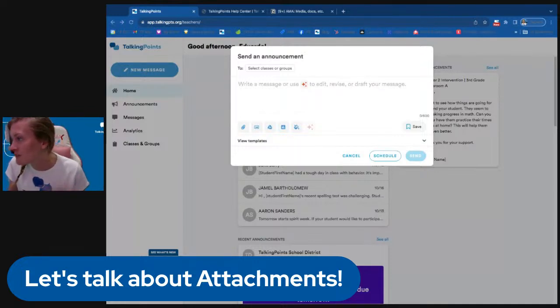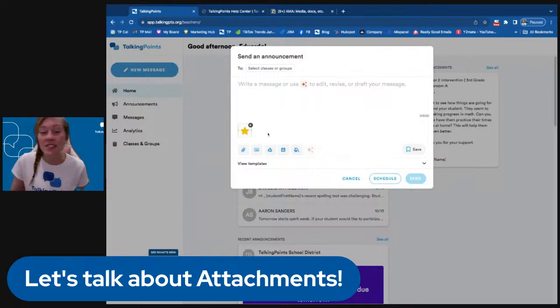So I'm just going to attach a random photo that I've got, and you'll see it appear down here at the bottom. You can attach a few different photos at a time. We recommend not more than maybe 5 because we don't want it to clog up the sending as it goes. We don't want it to slow it down. And the maximum size is 25 megabytes for photos or videos. So keep that in mind as you're sending photos and videos out to families, that you don't want to send too much at a time because you are sending to cell phones and you don't want it to slow down or anything like that. But it'll show you all the ones you've added down at the bottom.